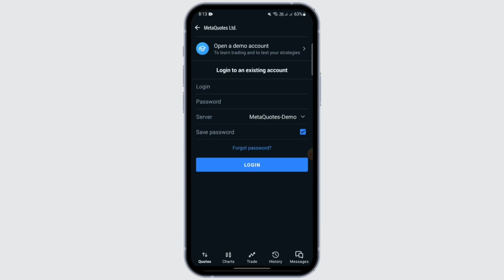And that's how easily you just connect your broker to MetaTrader. After logging in, your account will be linked with your broker, and just follow the steps that I just told you and you will easily connect your broker to